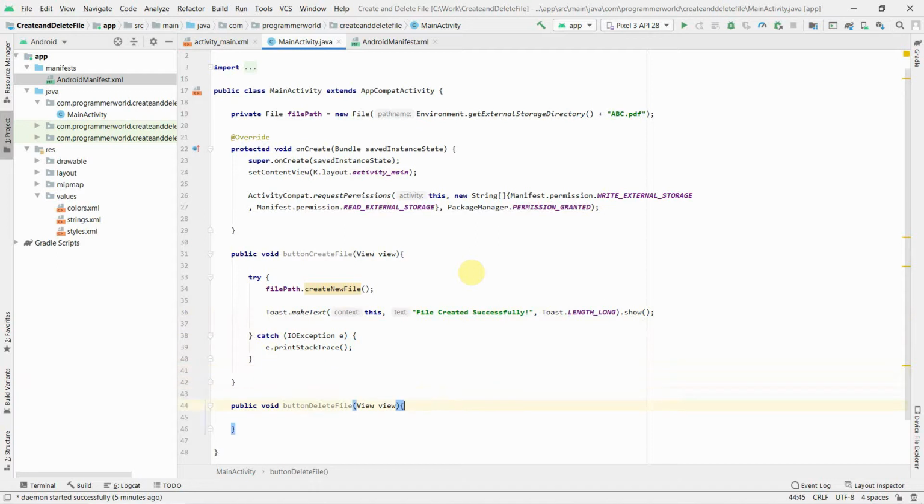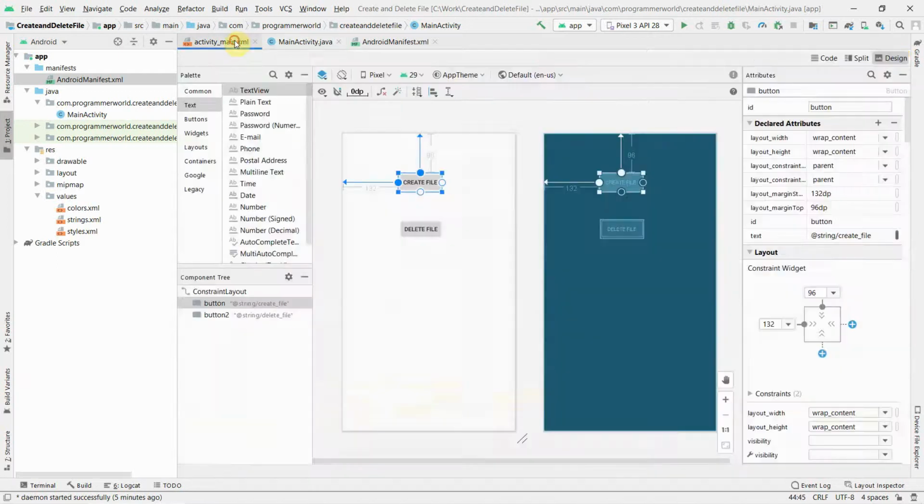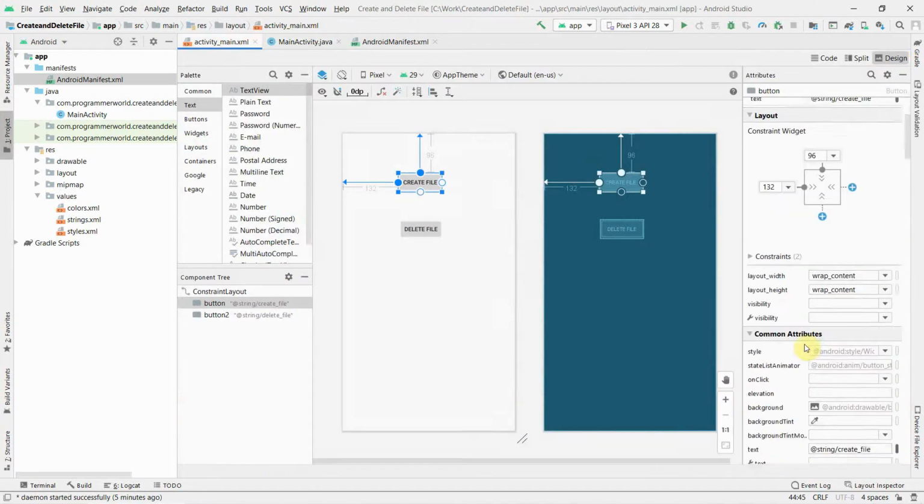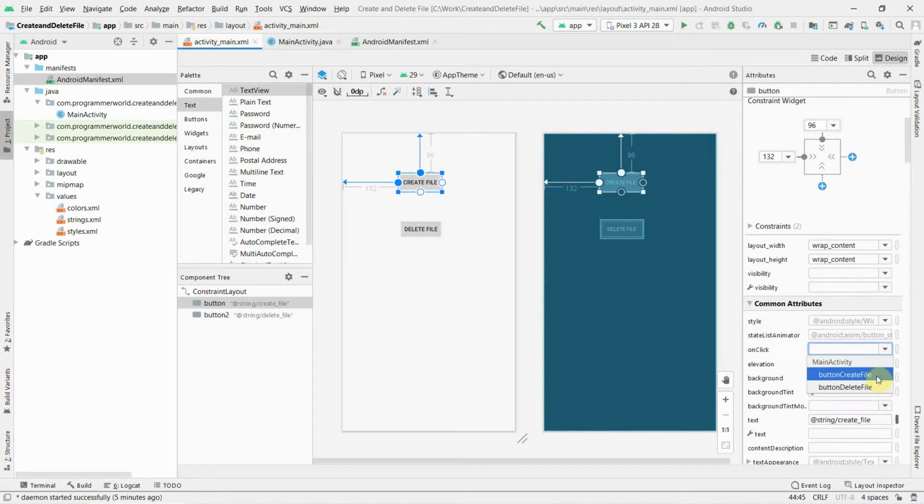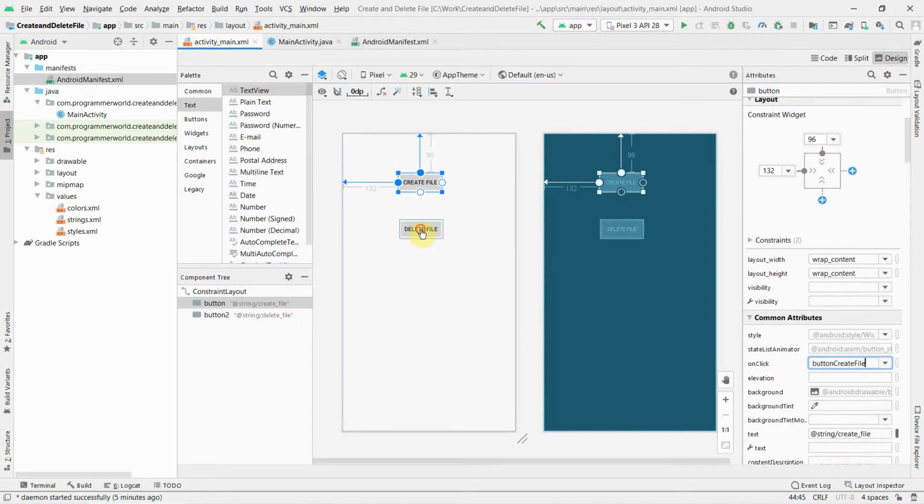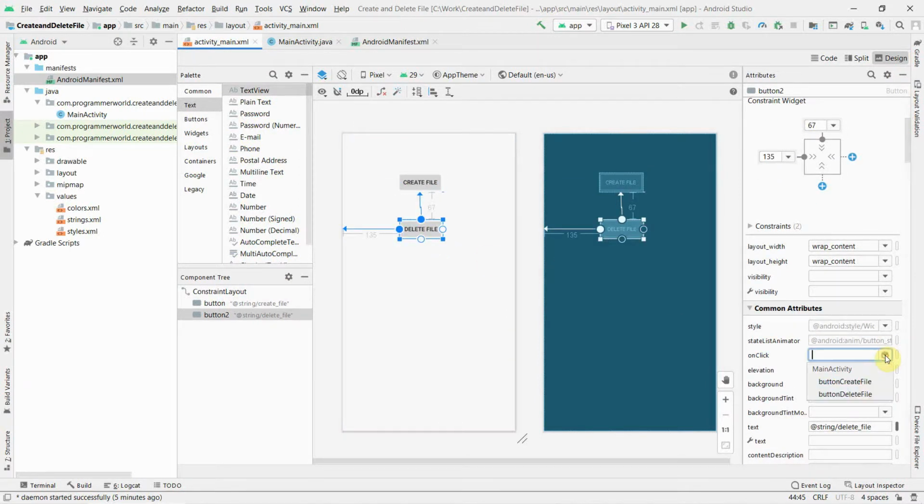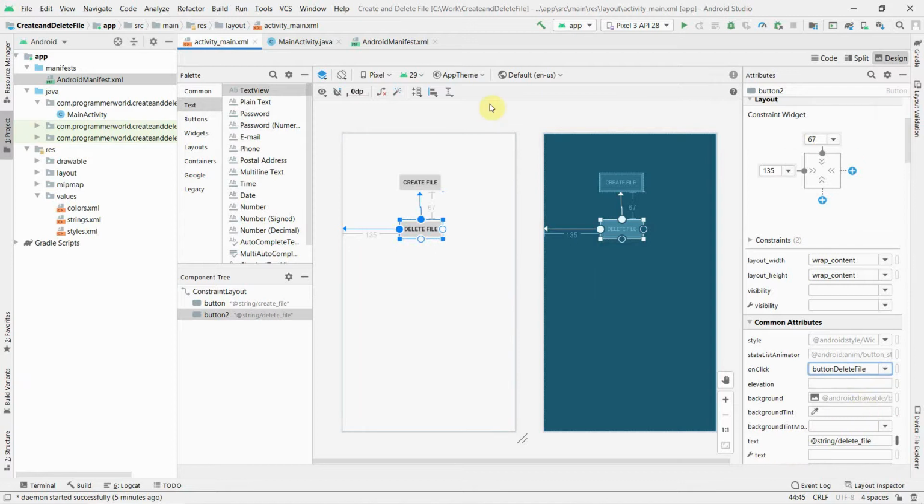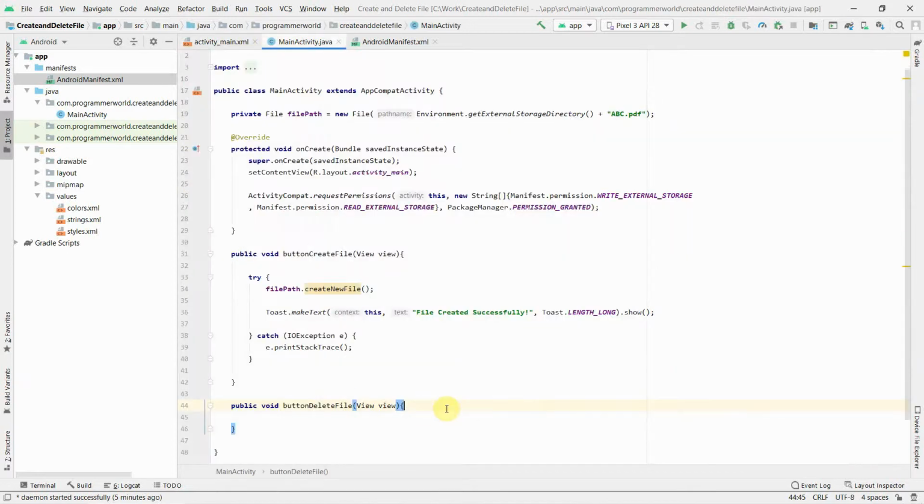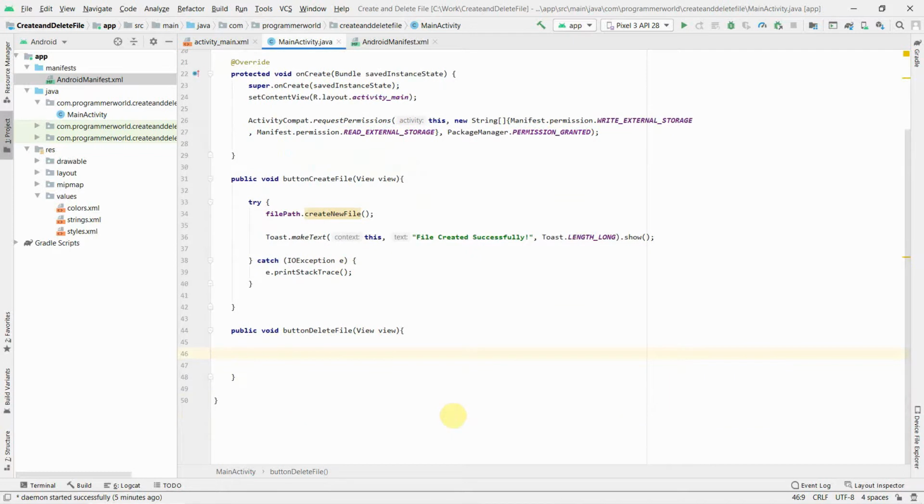Now that's all for the onCreate method, but I think I should go back to my layout, and in this onClick attribute I should set this, and similarly for delete file also I'll have to set this. Perfect. Now going back to my Java code, in this delete file we can directly delete using the file path.delete